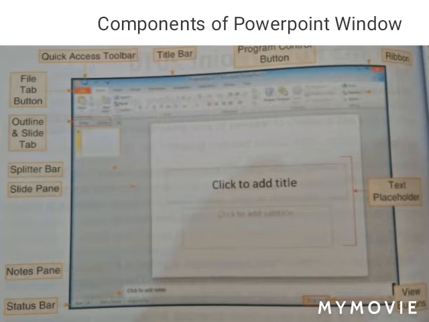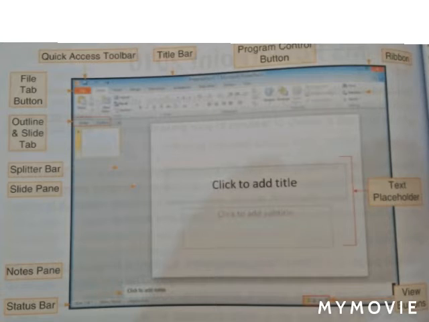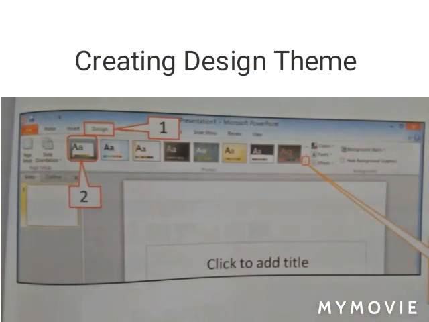Okay, now I'm going to explain the design theme and how it is created. A design theme can be given using the design tab to give an attractive look to our presentation. To apply the design theme, we click on the design tab, then choose the theme from the ribbon.